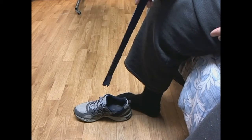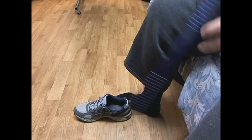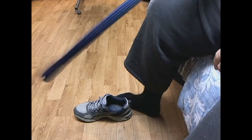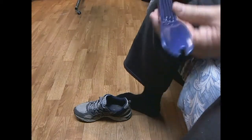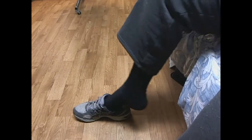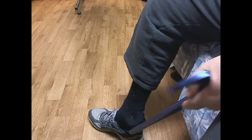They're a little looser than normal, but when it comes to putting them on, that's a problem for somebody with a hip replacement. You can't bend over. I can't bend over to reach to do anything, so you've got to do it by remote. So here's the shoehorn and dressing device that I told you about. And generally what I do, and the problem I have, again, you get this in here in the back,